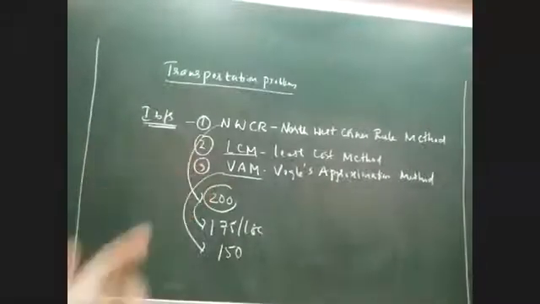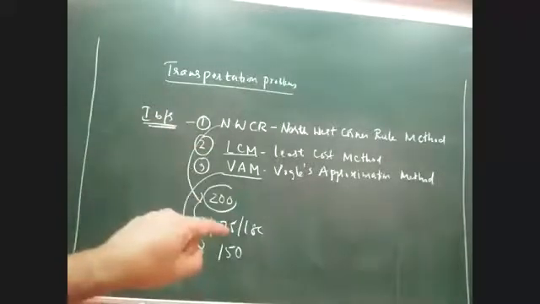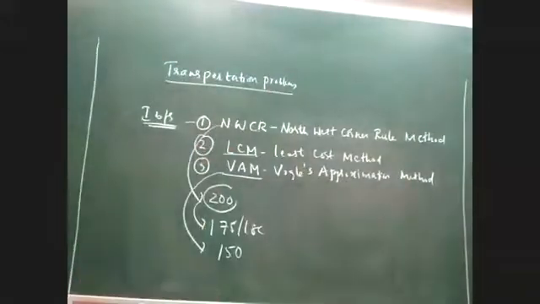But now I cannot directly say 150 is the best answer, because I have to verify using an optimal solution method whether 150 itself is the lowest possible cost, or whether there is still scope for further reduction. I can do that, right? I can verify whether the VAM solution I have got is the lowest or whether there is still scope for further reduction. And if there is scope for further reduction, I should do that.